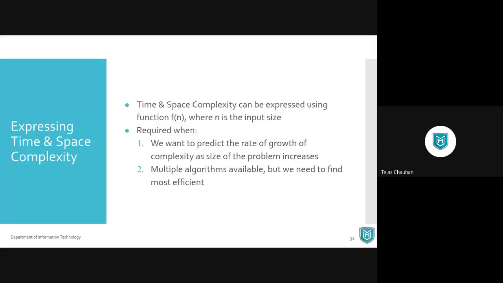Now, what do you mean by rate of growth of an algorithm? An algorithm is a process which is going to solve your problem, and that's a generic process which is going to solve your problem with any input number or size or whatever. So if you want to predict, let's say you have a sorting algorithm. You have an algorithm which is going to sort your list of numbers.